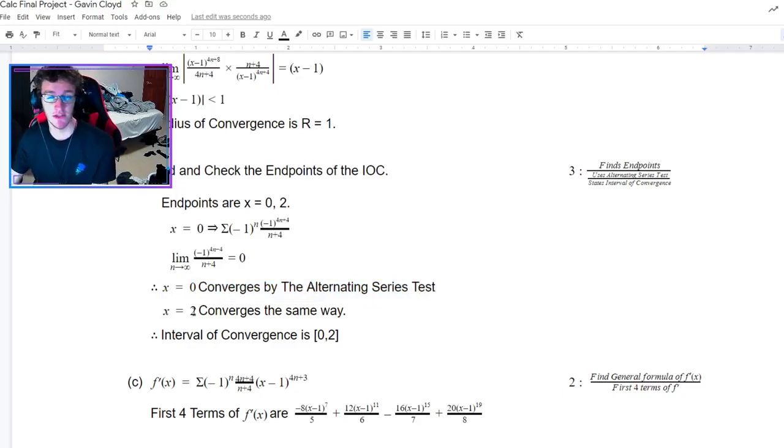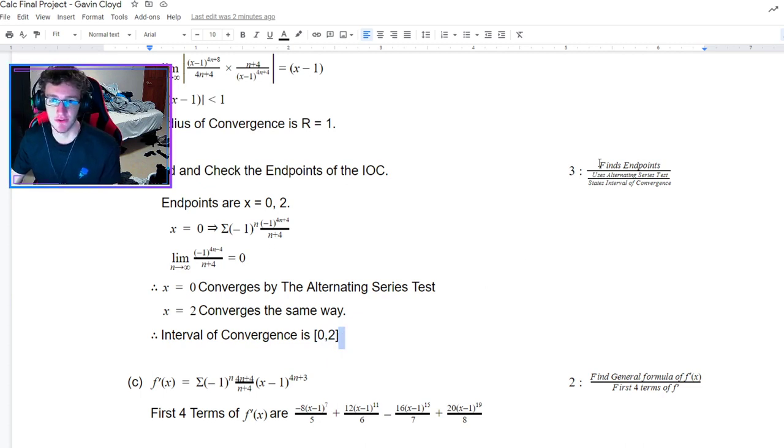And then x equals 2 does the same thing. Except instead of having a -1, it's a +1. So when you put in 2, 2 minus 1 is just 1. And there's no way you're going to get a negative number out of exponent of 1. So that also converges the same exact way. So since both 0 and 2 converge, they're included in the interval of convergence with those brackets,